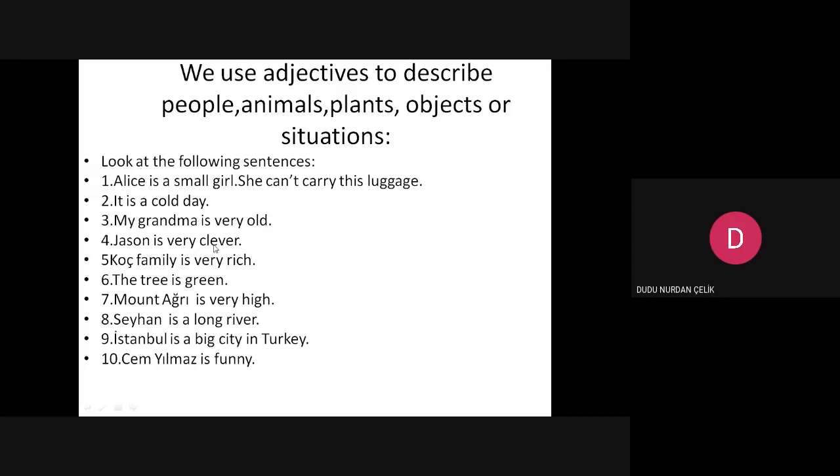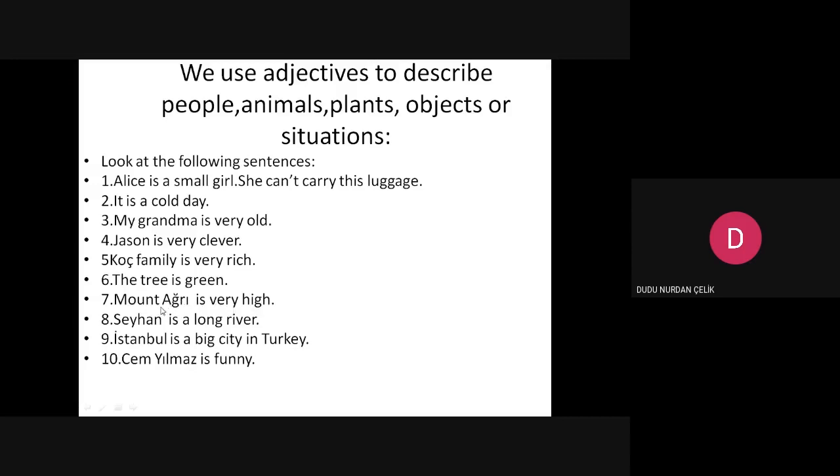Jason is very clever. We're talking about Jason, about his specialty. We describe him as clever. Clever is an adjective. Rich here is an adjective, and we're describing the Koch family. The Koch family is very rich. The tree is green. We're describing the tree's color. Green is an adjective. Mount Ağrı is very high.